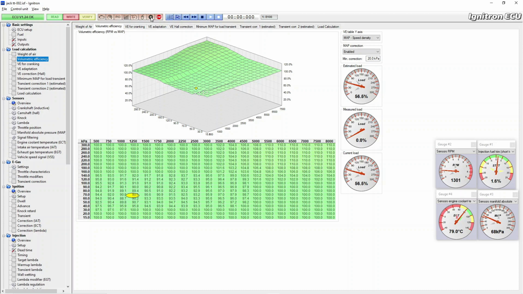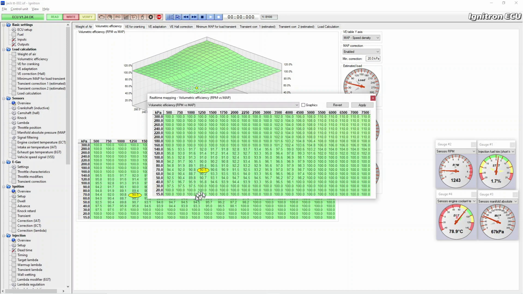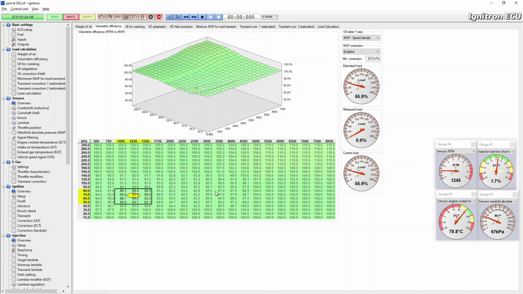Use the VE, use the short-term trims, and you can either make adjustment in the area that you're sat in, highlighting some areas there. If there's a gross error, there isn't at the minute, but if there was, then you can adjust it. Likewise, if you go into real-time mapping, you can type a number directly in there and it will make a difference. And afterwards you get to apply it to the VE. So you have a choice. But this will dial you